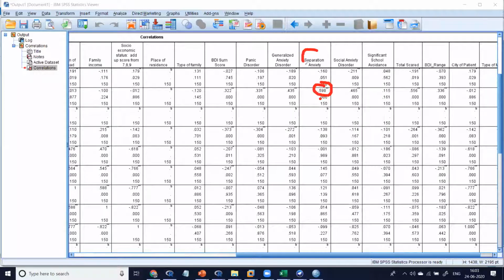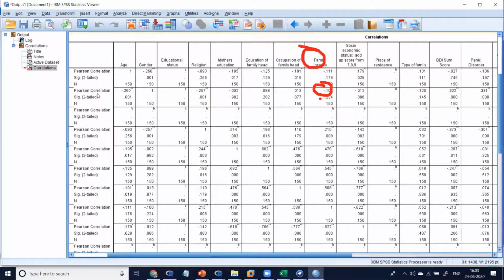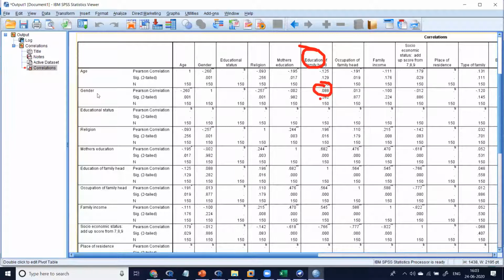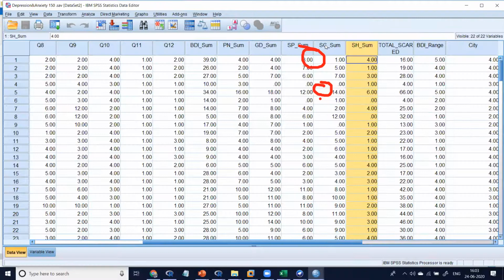This is for separation anxiety and gender. The gender, either male or female, suffering with separation anxiety disorder. This is SPSS. Chalo, we did a correlation.